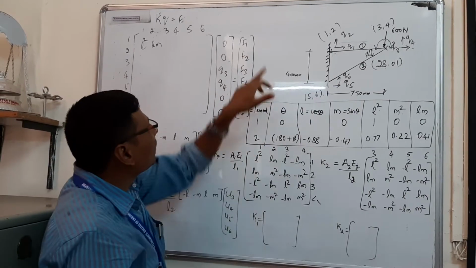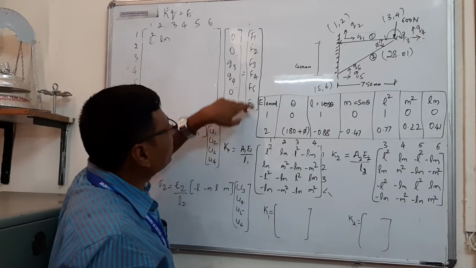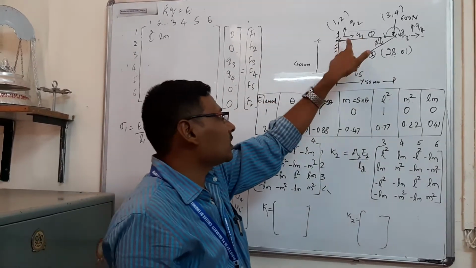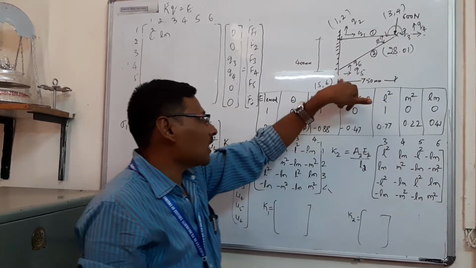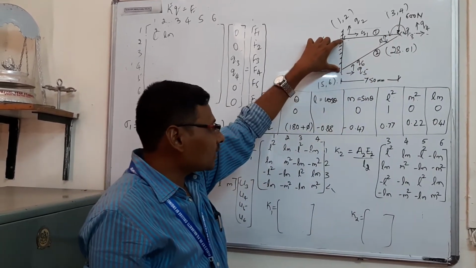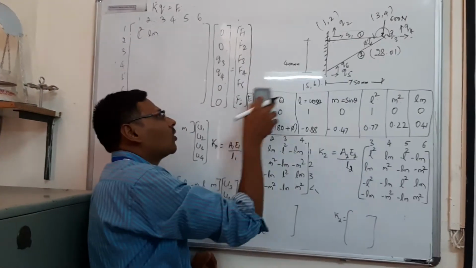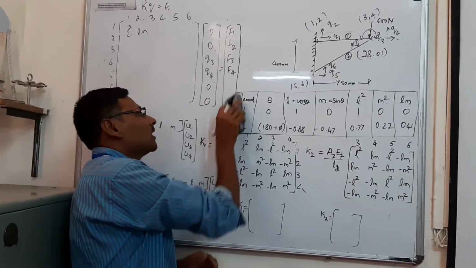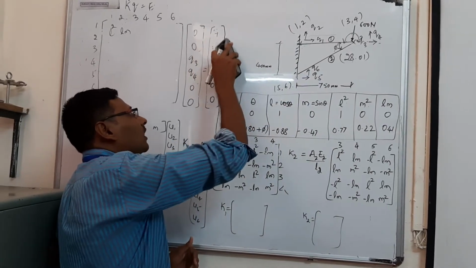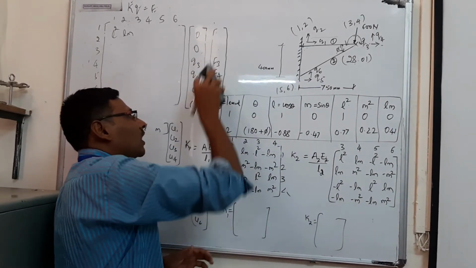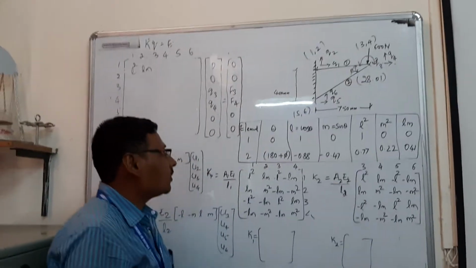Now let us consider F1, F2, F3, F4, F5, F6. These are the forces which are going to occur with respect to each node. Here we will come across F1 and F2, F3 and F4, similarly F5 and F6. If you observe here, these two ends are completely fixed. There is no question of load at all. That's why I consider these as 0, 0, 0. Similarly, at node 1, there is no load at all along the x direction, even along the y direction. That's why these two will become 0, 0.